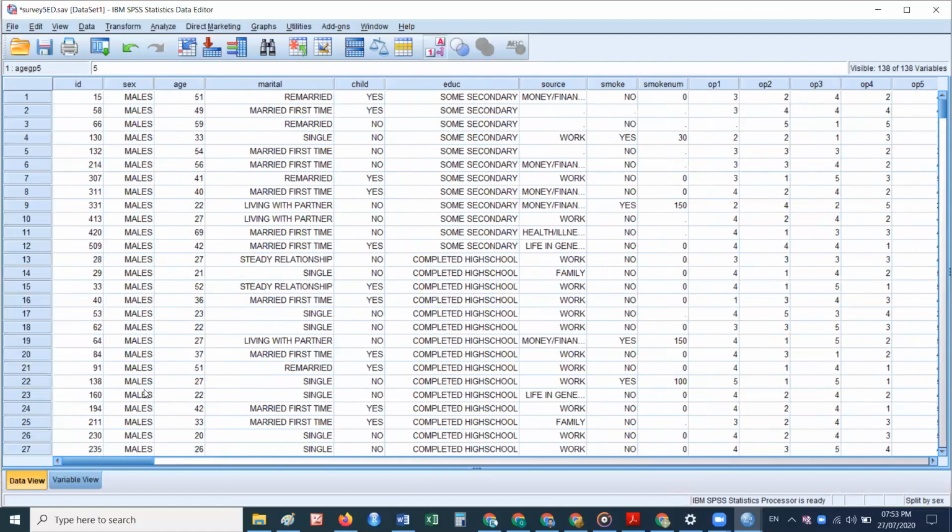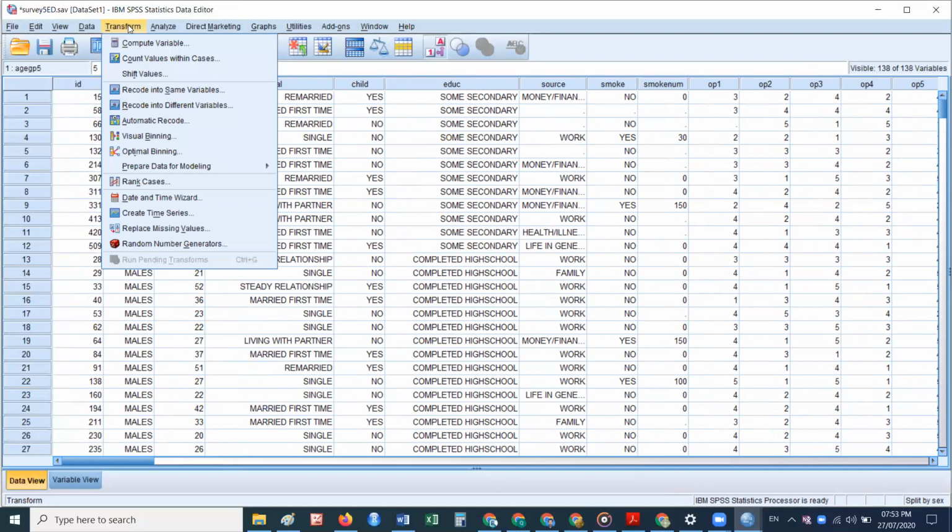These groups are referred to as binning, and this can be done by using recode into different variable. Instead of recode into different variable, if you are using recode into same variable, then this option will be used for a purpose of